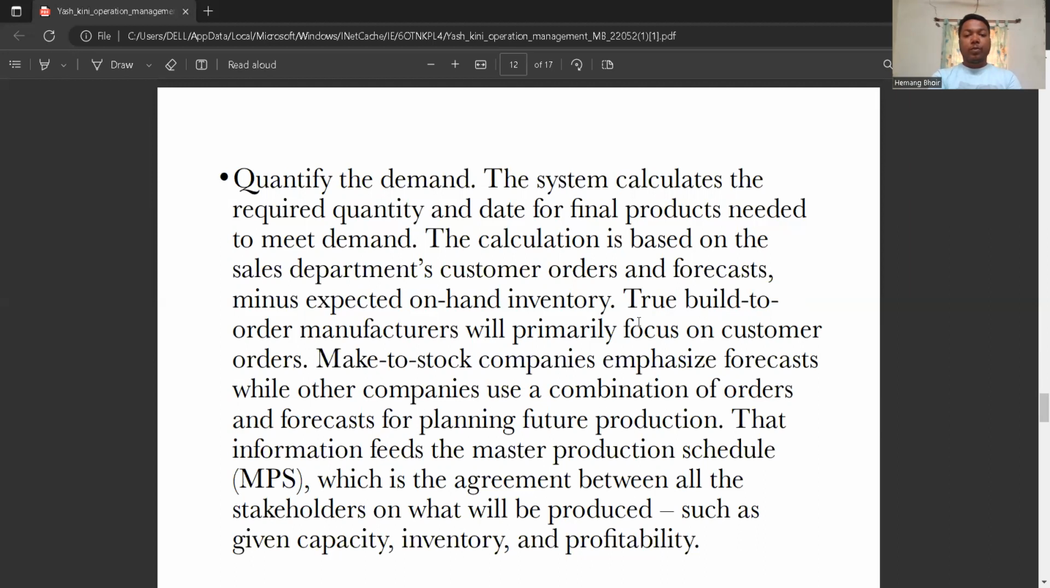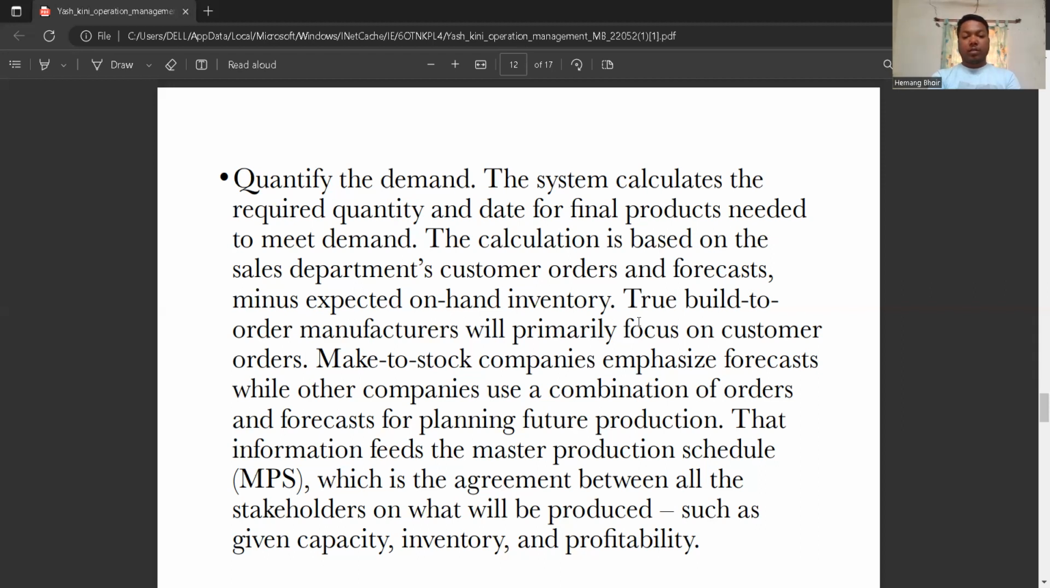For build to order, manufacturers will be primarily focused on customer orders. Make to stock companies put the emphasis on forecast, while other companies use a combination of orders and forecast. Okay. For the planning of future production, that information feeds to the master production schedule, MPS,